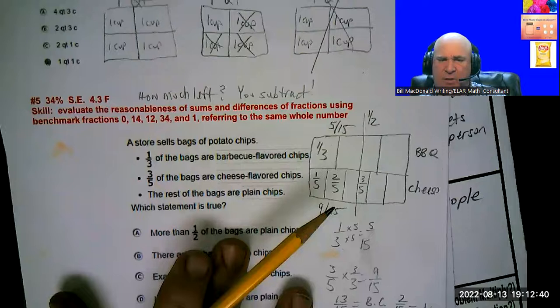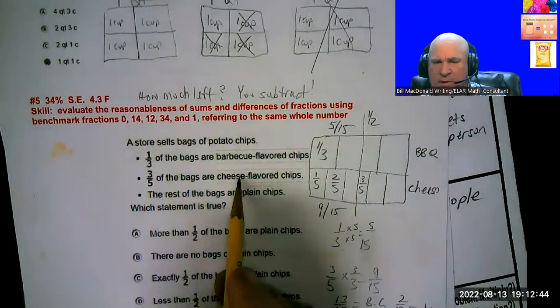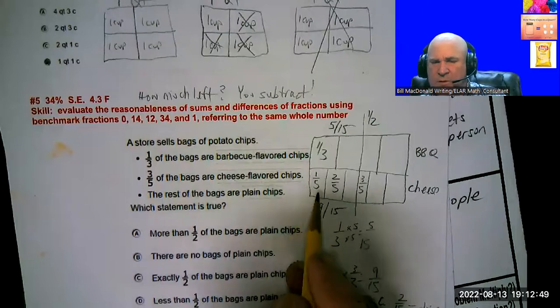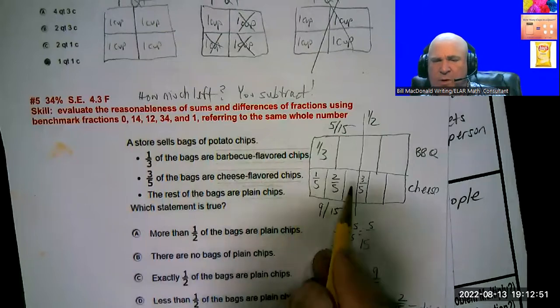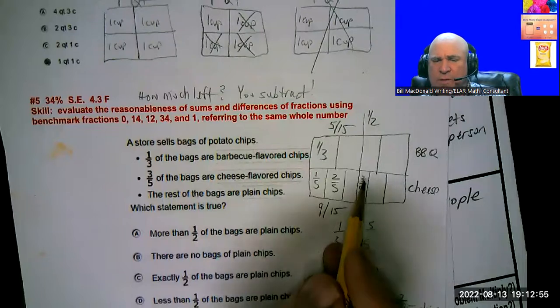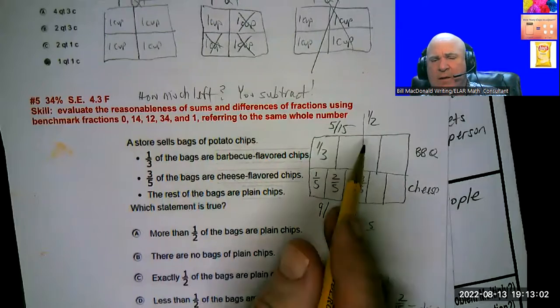3/5 of the bags are cheese flavored chips. So I went ahead and said, okay, here's 1/5, 2/5, 3/5, 4/5, and 5/5. So 3/5 is a little bit more than half. That's important that you remember that. If all you can remember is that right there, your students would have been able to answer the question, because